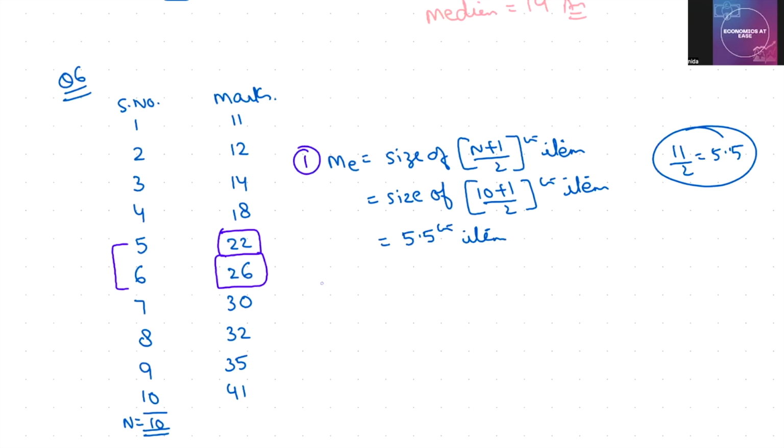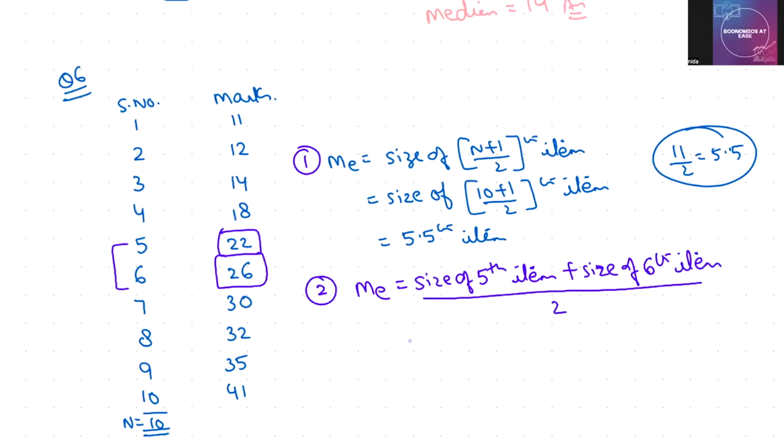इन दोनों में से हम कैसे करेंगे कैलकुलेट। Now this is the first formula, अब इससे ही हमें पता चलता है कि हमें कौन सा फॉर्मूला आगे अप्लाई करना है। Second, इसका फॉर्मूला होगा, median is equal to size of 5th item plus size of 6th item, divided by 2. That means 22 plus 26, so you will get 48, divided by 2, that means 24 marks। मीडियन क्या होगा आपका, 24 मार्क्स। जब ये इस तरह की सीरीज में आ जाएगा, तो फॉर्मूला आपका ये आ जाएगा, राइट।